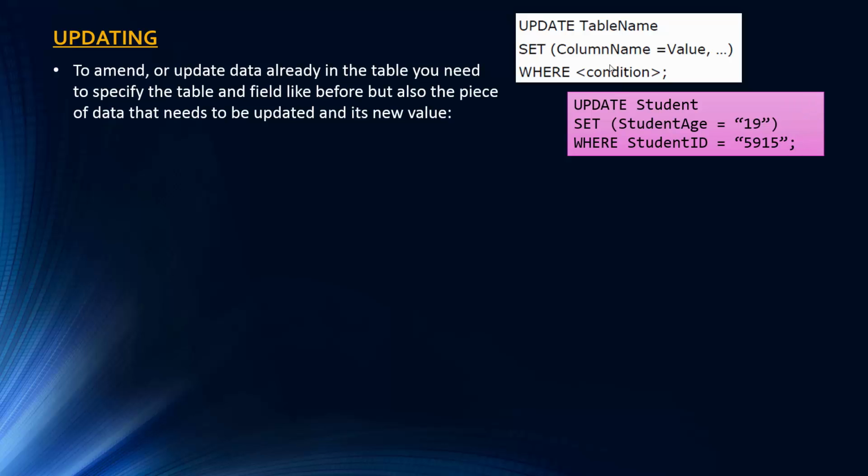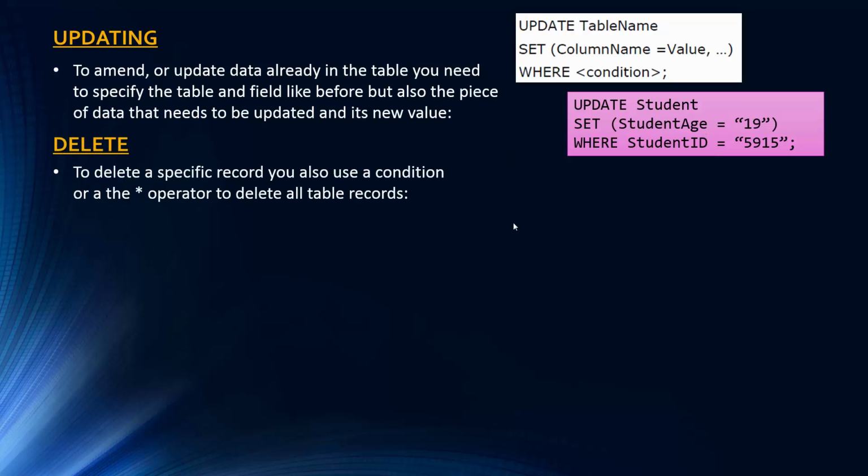So again, let's do a proper example here because it'll make more sense. If we want to update our student table we just created, and we want to set the student age to 19, but which student age? There's lots of different records corresponding to this field, so we need to specify which record we're changing, and so we need to have a WHERE clause. We're going to say the student ID, we want to change it when the student ID is this. So really we're saying we want to update the age of this student with this ID. That's what this code is saying.